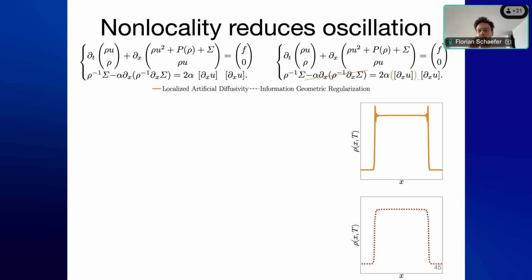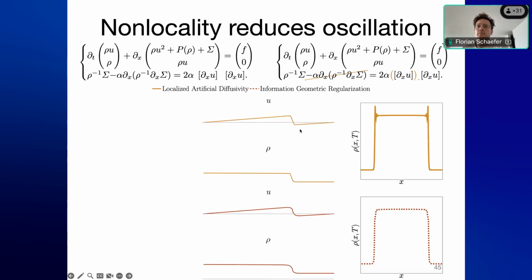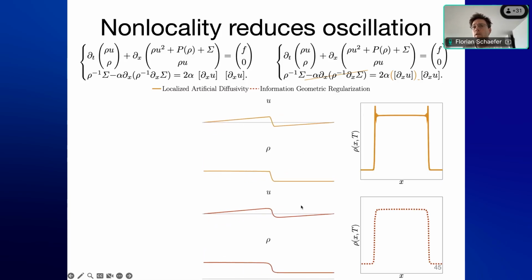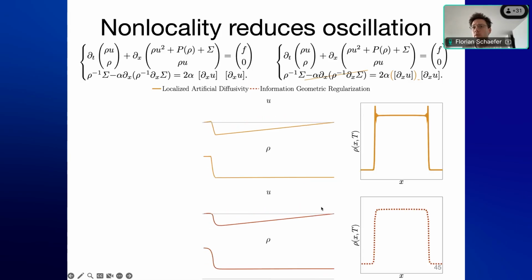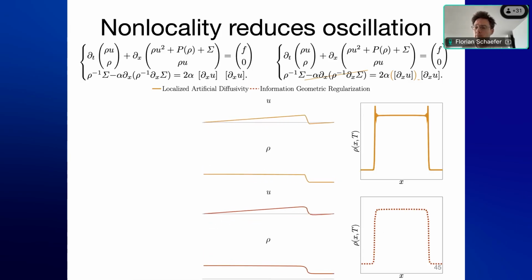And this has important consequences. So the first thing is that if you now use a really dispersive method like Lax-Wendroff, you're going to see that it's still quite hard to avoid Gibbs oscillations with this local diffusivity, and that's really because the profile is still not to higher order smooth. Whereas IGR is able to get these smooth profiles and then avoid triggering the dispersive error of, in this